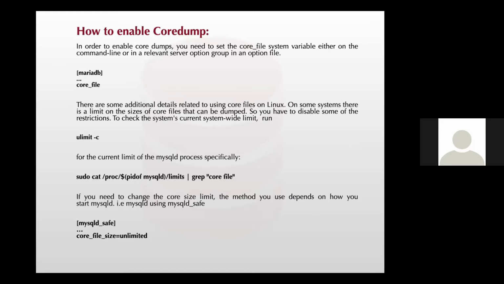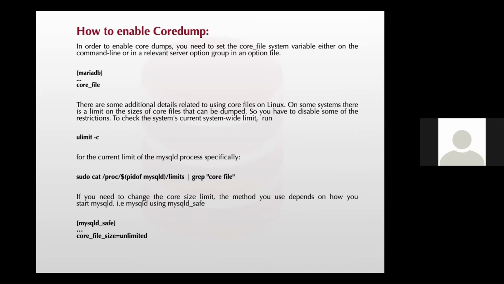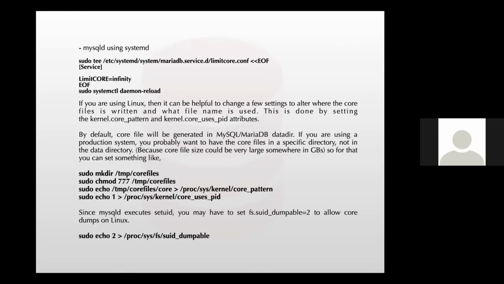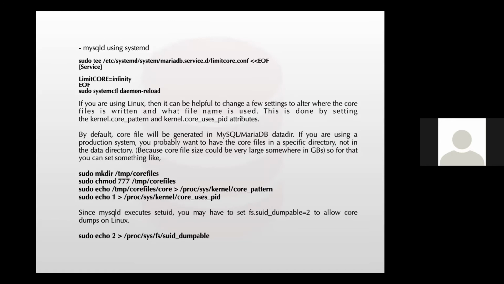Also, there are a couple of things which I want to mention, especially from the MySQL side. If you are using MySQL with mysqld_safe, especially on earlier servers like CentOS or Red Hat 6, because from 7 we are seeing that there is systemd right now. So if you are using mysqld_safe, then you have to put core-file-size=unlimited in that section in my.cnf. If you are using systemd, then you have to specify that particular core file limit in the service file of systemd. Okay, so this is how.